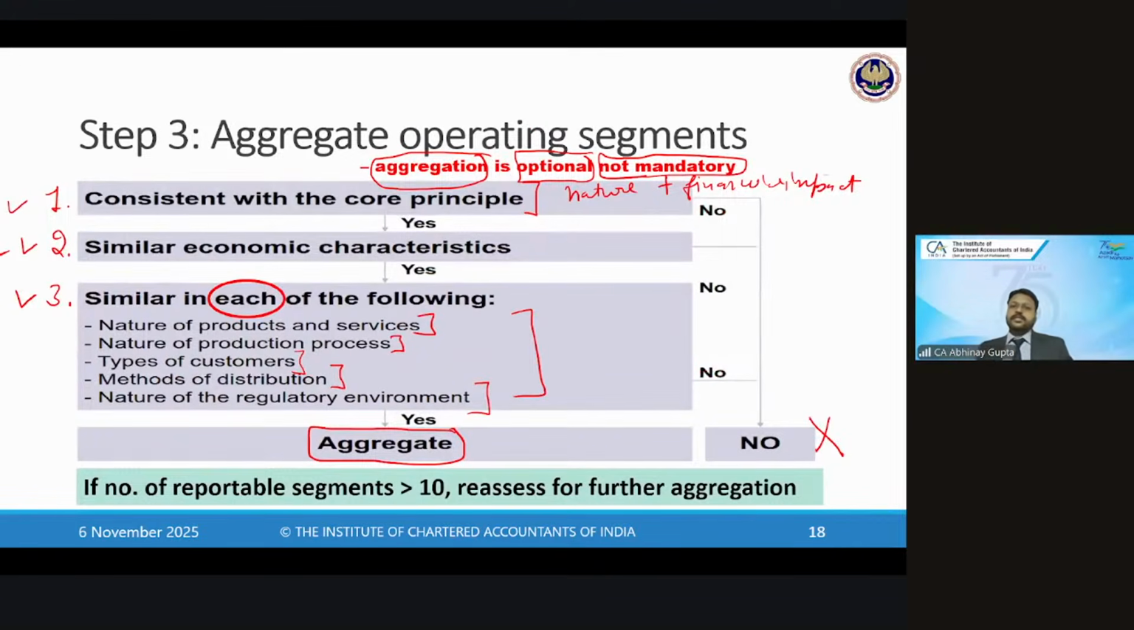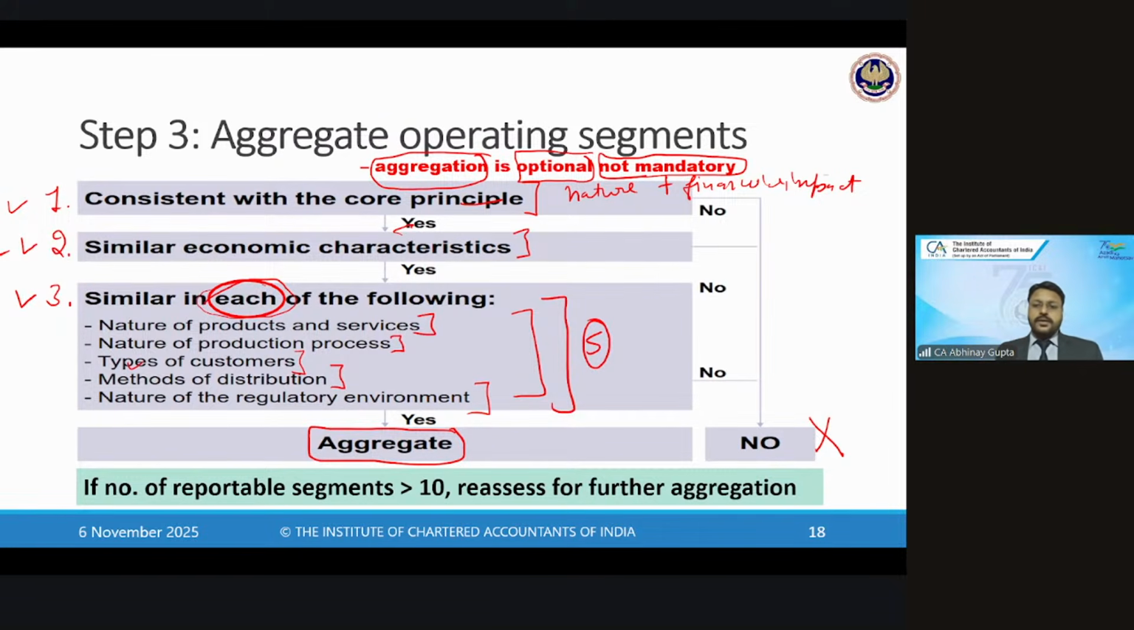So these are the steps. First is the consistent core principle, second is similar economic characteristics, and third is the nature of the product, type of production process, type of customer, method of distribution, and laws and regulations. So these are the 5 items which we need to check, and all 5 are mandatory. I have already encircled the word each, right? Each of the following should be satisfied